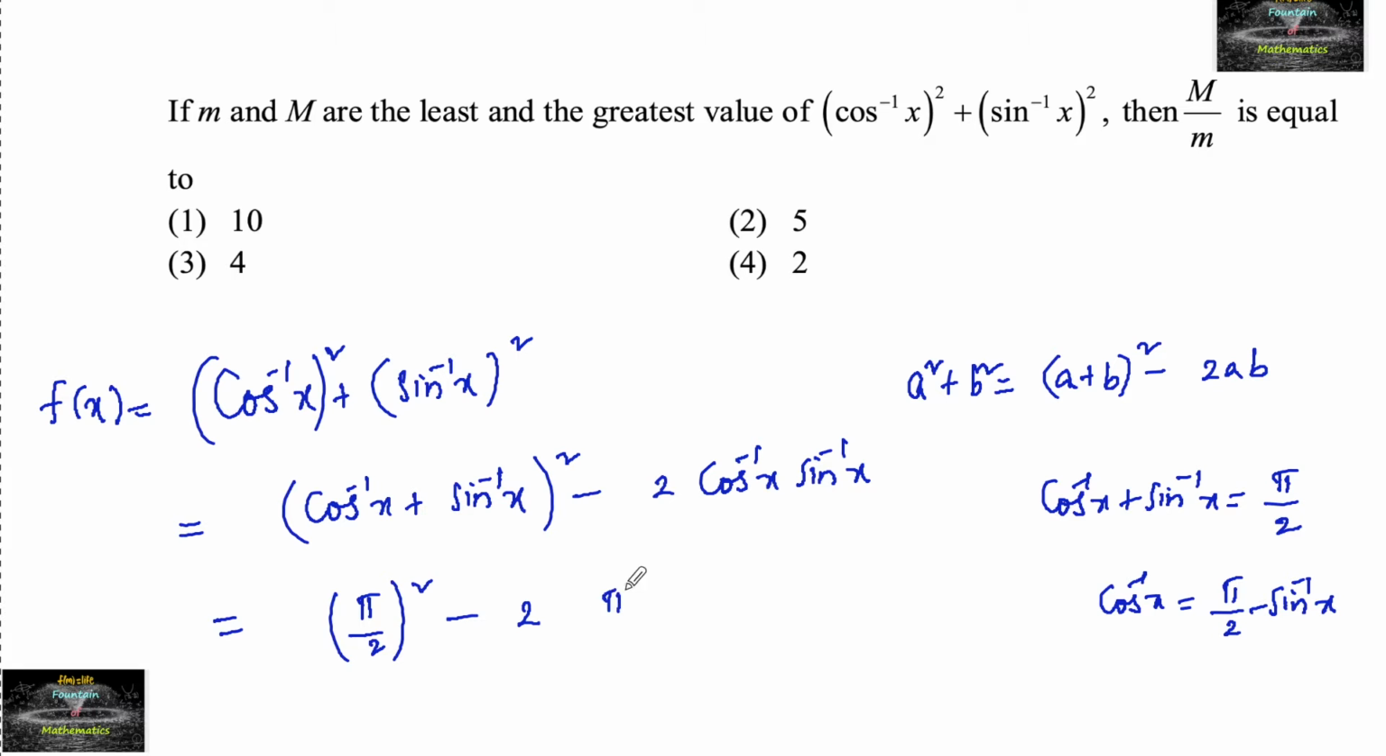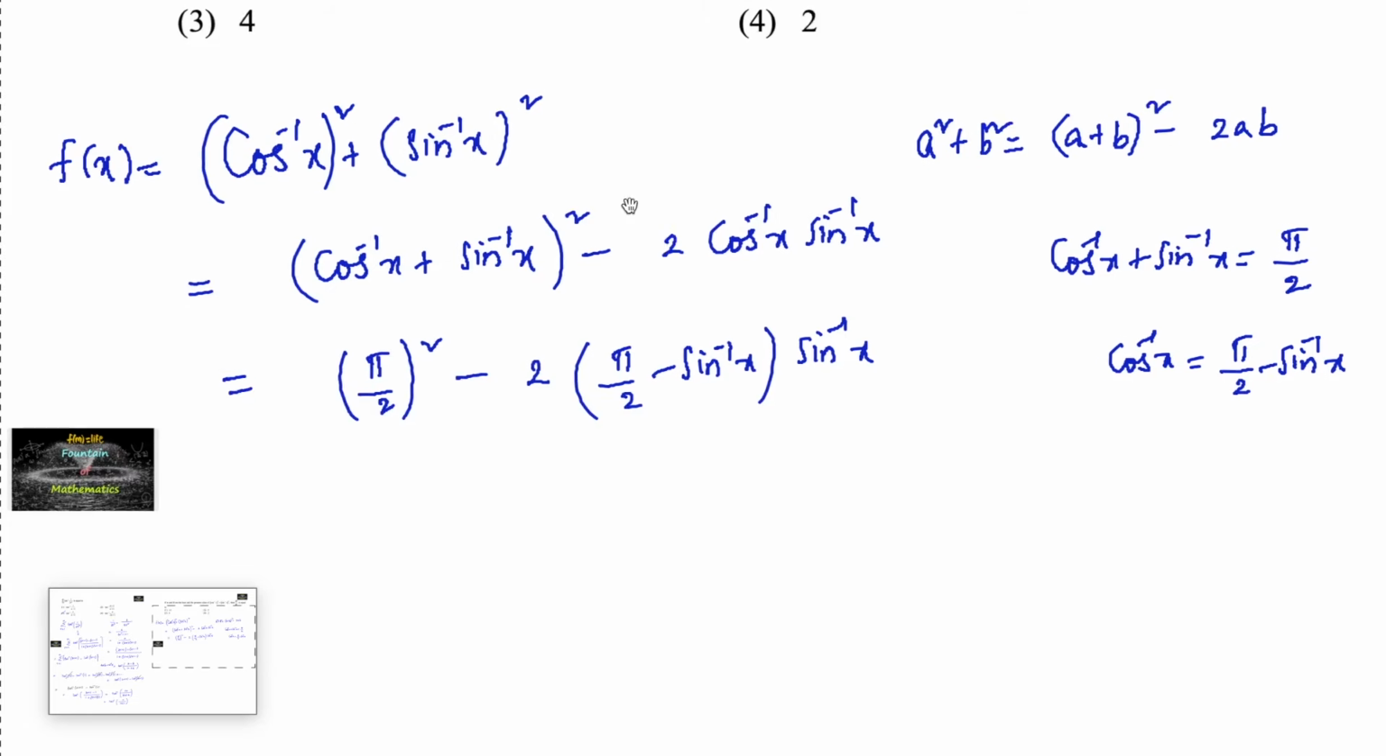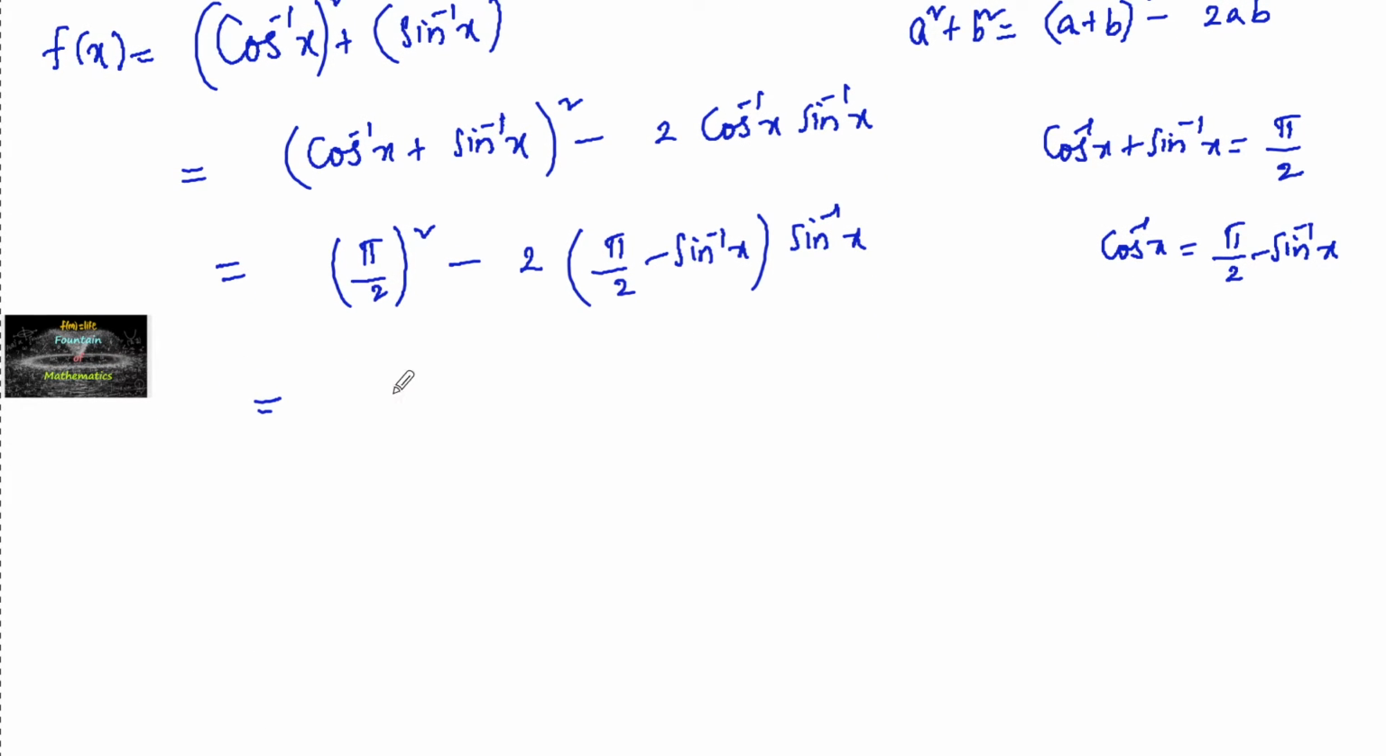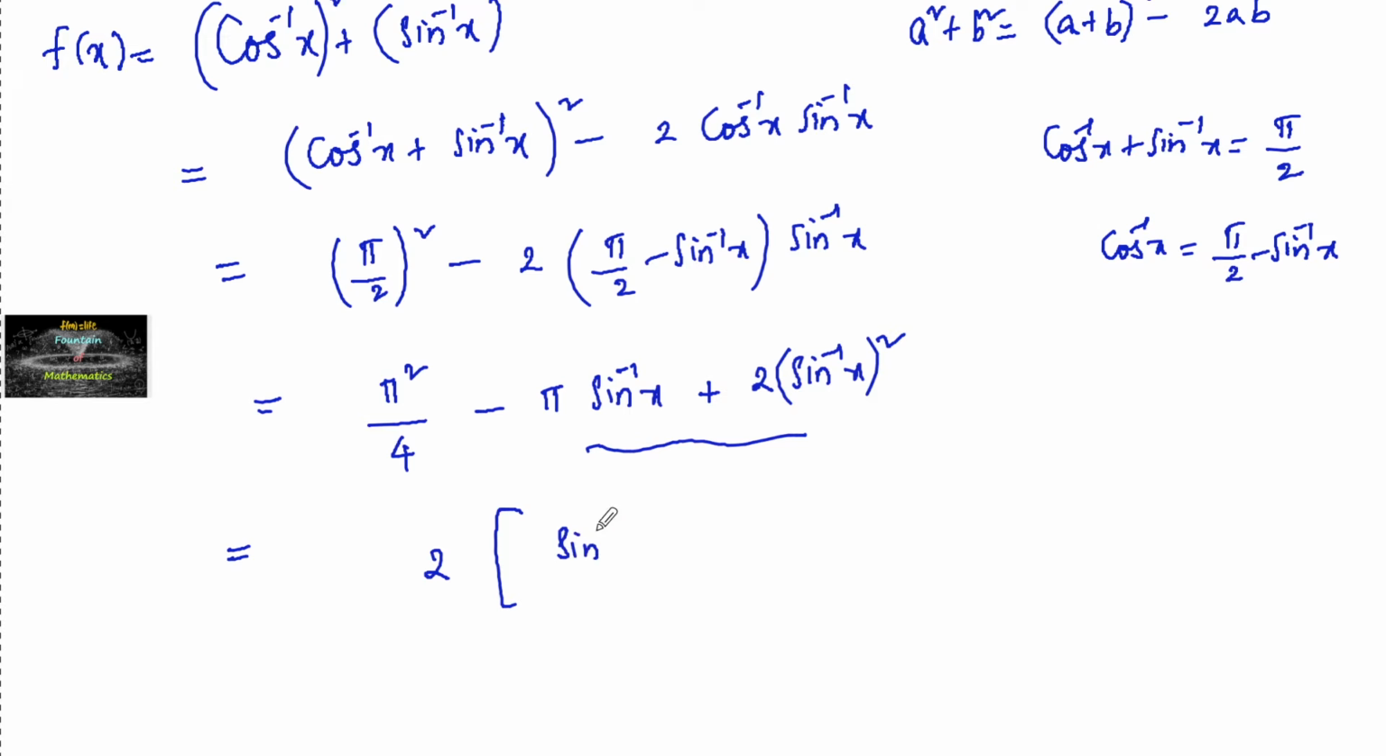So let us substitute here pi by 2 minus sin inverse x into sin inverse x. So on simplifying, which implies pi square by 4 minus pi sin inverse x, and here it comes 2 times sin inverse x whole square, and this can also be written by taking 2 common in these two terms, sin inverse x whole square minus pi by 2 sin inverse x plus pi square by 4,